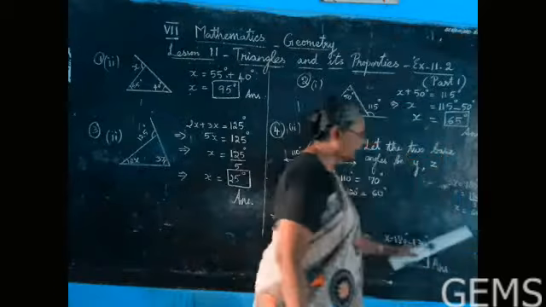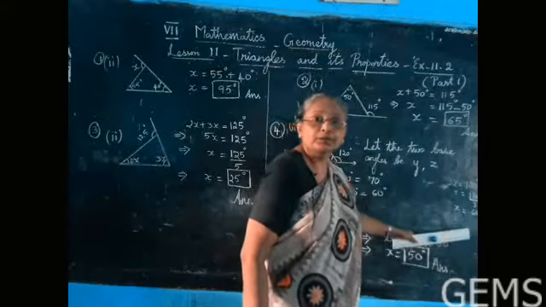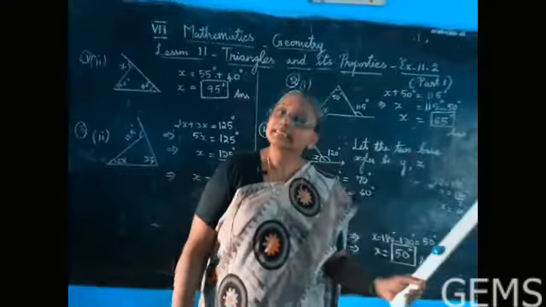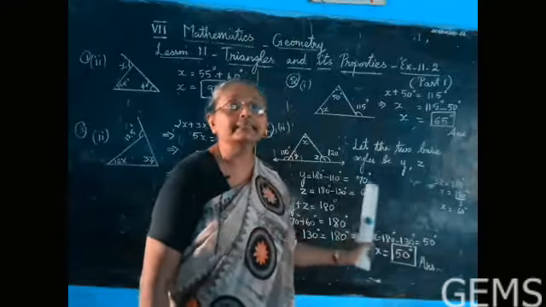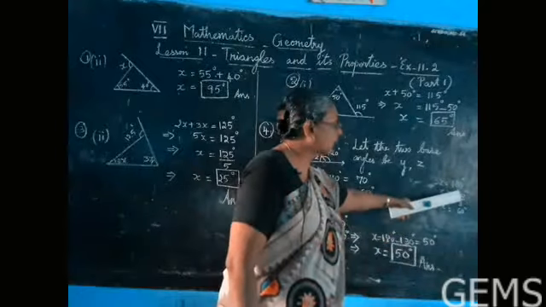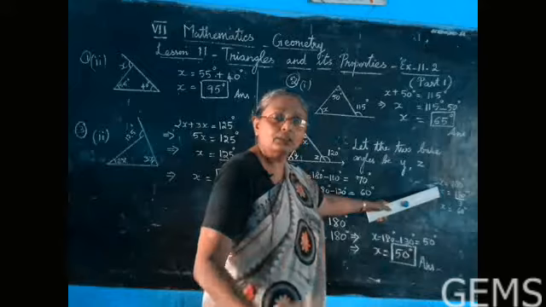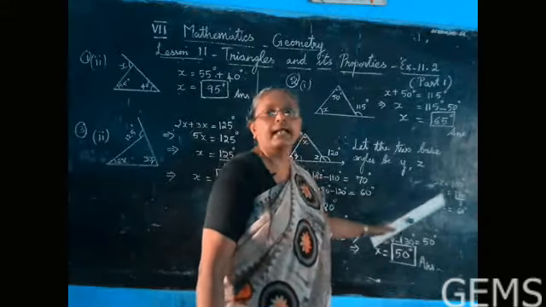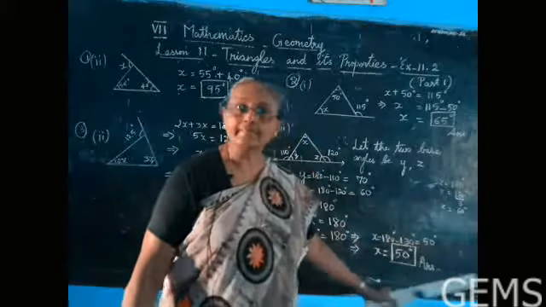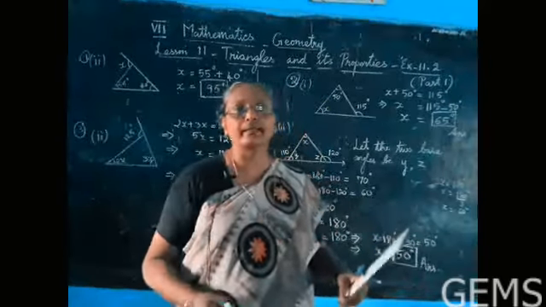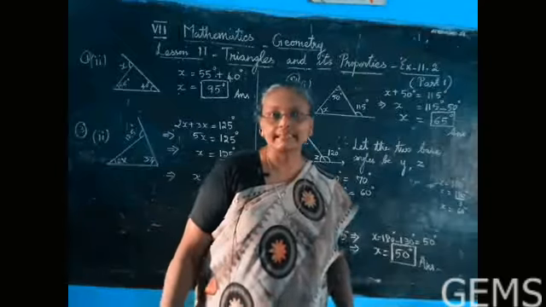That is why in the earlier exercise we told that all the angles are acute because each angle will be 60 degrees. Sum of the three angles is 180 degrees. Each angle will be same, x, x, x. So 3x is 180 and x will be 180 degrees by 3. Therefore we get 60 degrees. Each angle inside an equilateral triangle will be 60 degrees.